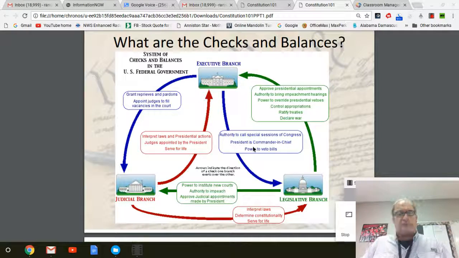Obviously, that law challenges freedom of speech as has been interpreted in the Constitution by the Supreme Court as freedom of expression. The judicial branch, beginning with the district courts and later with the Supreme Court, would determine that law is unconstitutional, therefore it is null and void. That is called judicial review. So remember, each of these branches check the other. It's one thing I left out. If the president vetoes a law that is passed by Congress, Congress can override that veto with a 2/3 majority. And that's important to take note of.